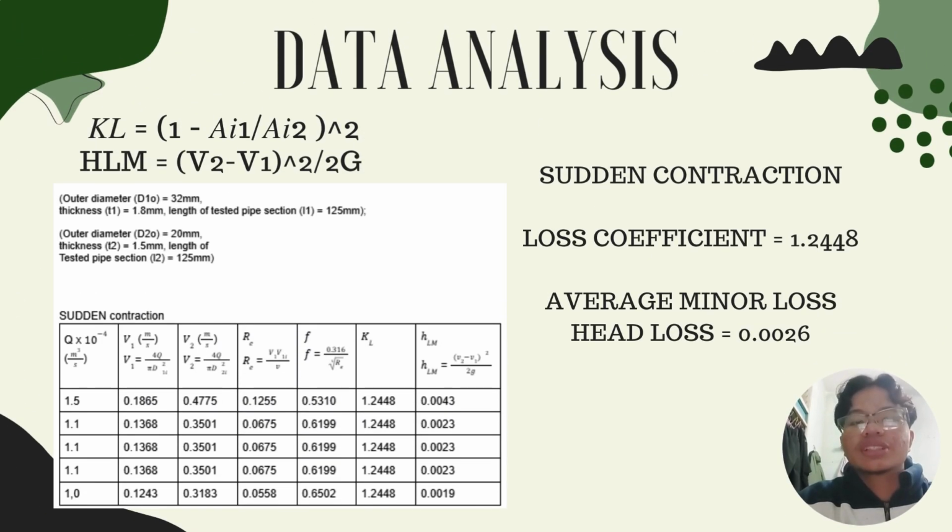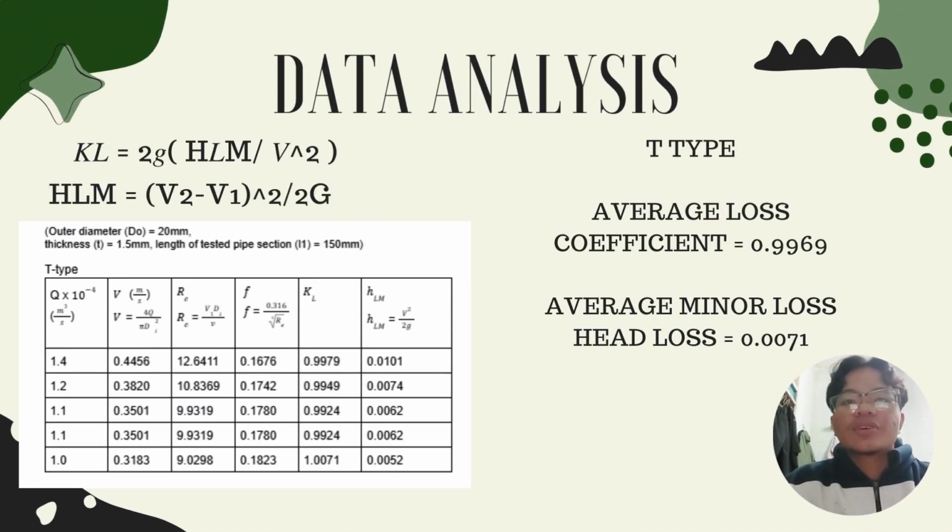For sudden contraction, the formula that we use for KL and HLM is the same as sudden enlargement. The loss coefficient for sudden contraction is 1.2448 and the average minor head loss is 0.0026. For T-type, the formula that we use is different from sudden enlargement and sudden contraction, which is KL equal